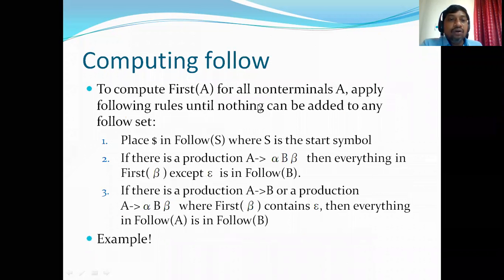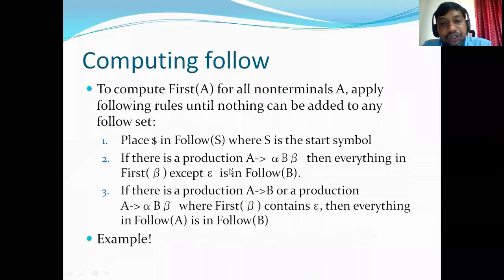For computing FOLLOW, to compute FOLLOW of A for all non-terminals A, apply the following rules until nothing can be added to any FOLLOW set. Place dollar in FOLLOW of S, where S is the start symbol. This is the default FOLLOW for any starting symbol.